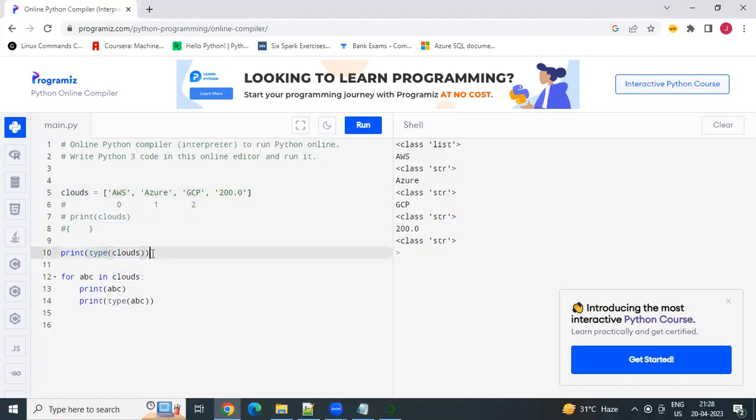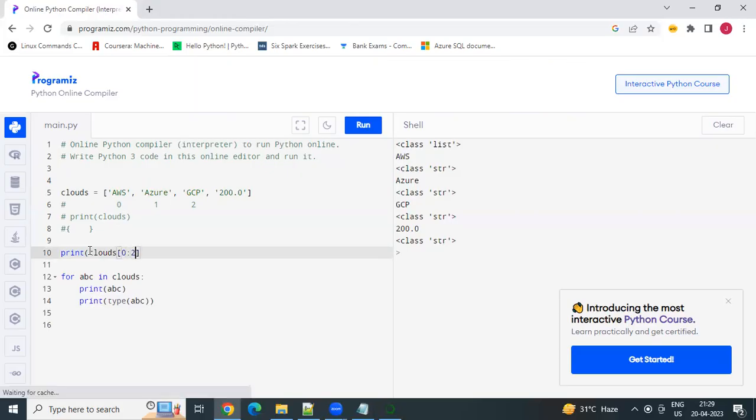So if I just remove this print statement, which is just printing the type, if I just say print clouds, and let's say I want to access my items, let's say I just want to get my initial two items. Okay, so I'll just use square brackets. I'll say 0 and I'll say 2. If I do it like this, and if I run my code,